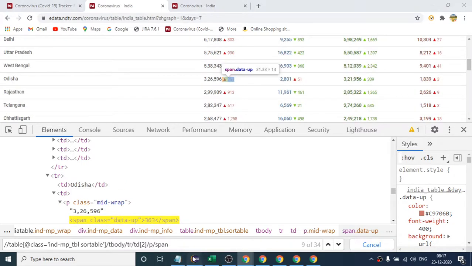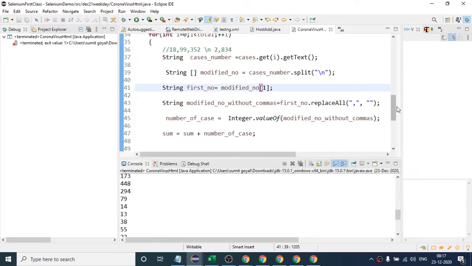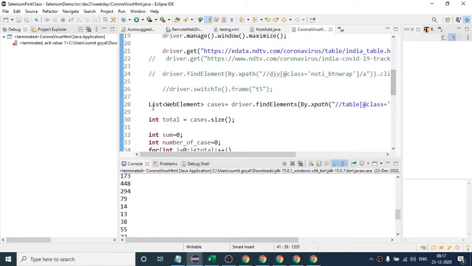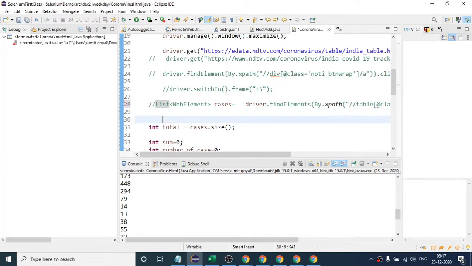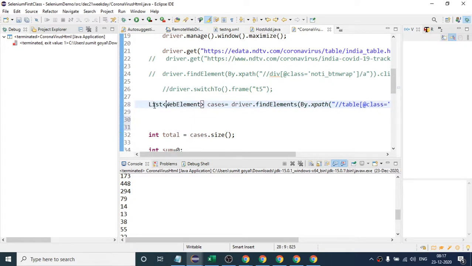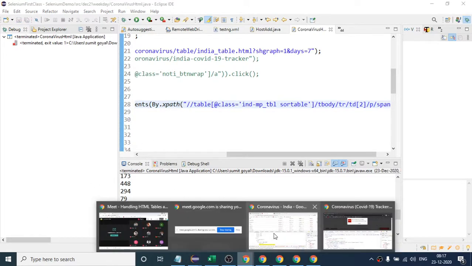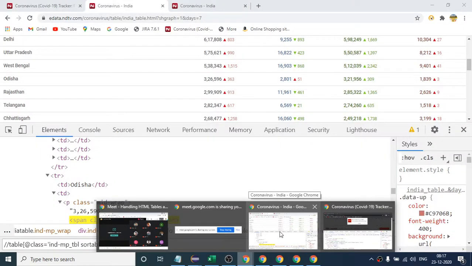So I write some modified XPath here, let me modify it here only by .xpath. So this is our modified XPath for the right numbers, right? Because you have to modify that anyway, or you can do one thing.